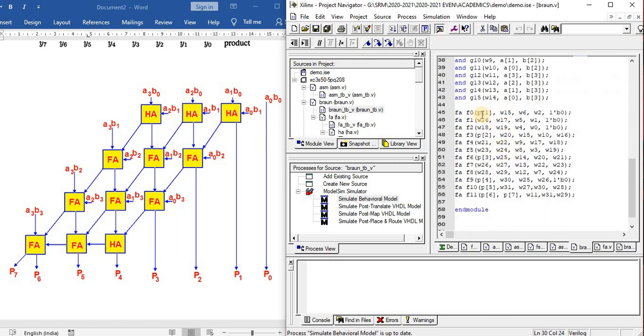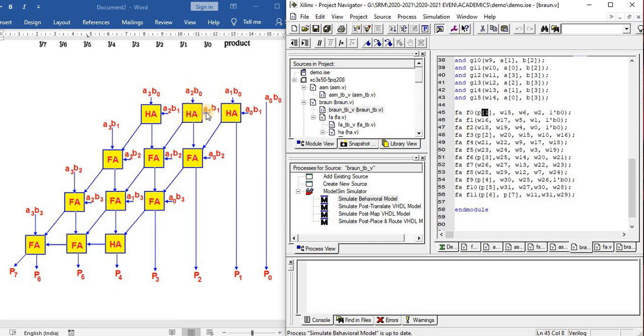In this form, first the sum, then the carry, and then the inputs A, B, C. The third input is going to be 0, since it is a half adder. W15 is the carry, and the sum is P of 1, the first partial product. Then the full adder F1.